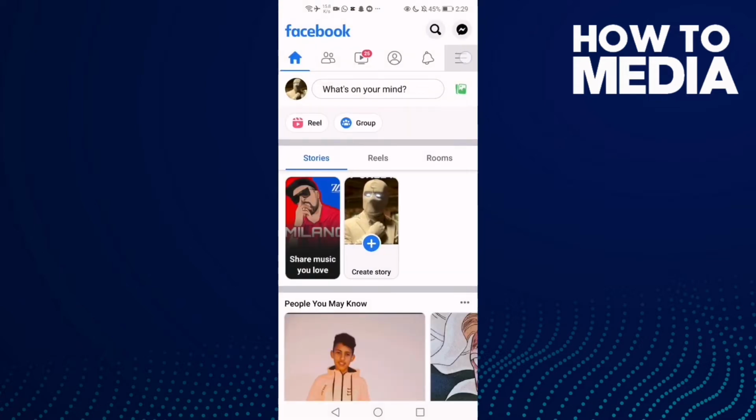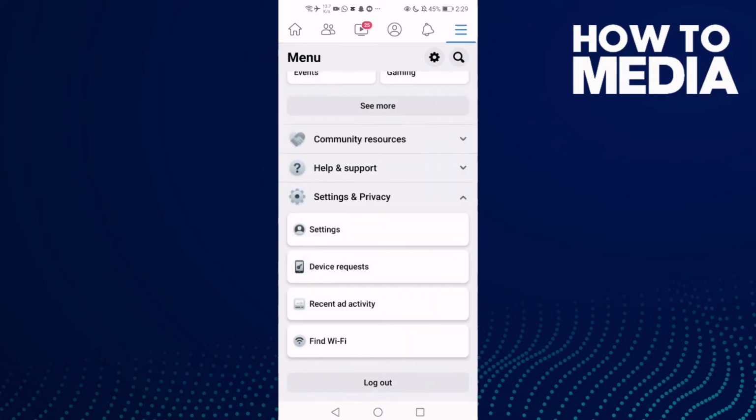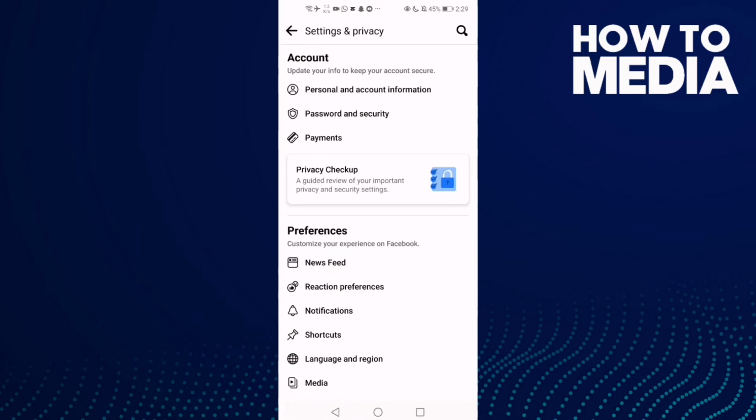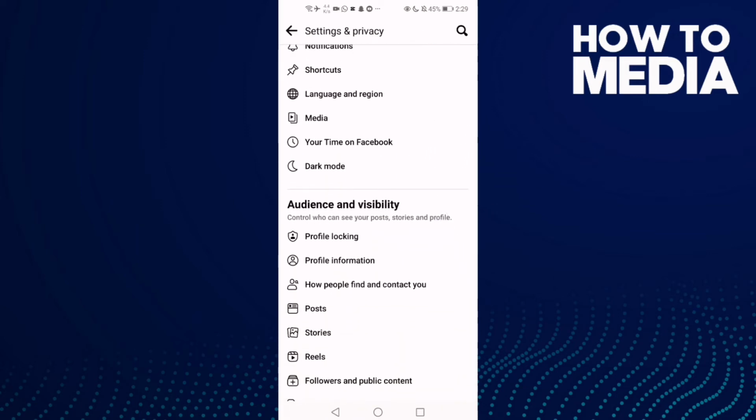and now click these three lines here and go down until you find settings and privacy and then click settings and now click this one, posts,